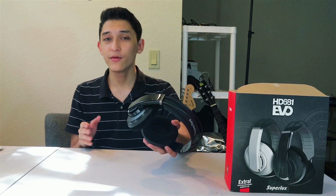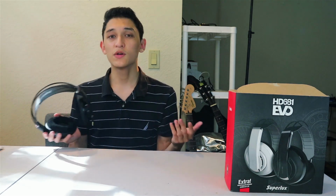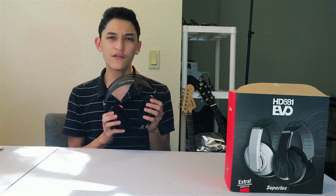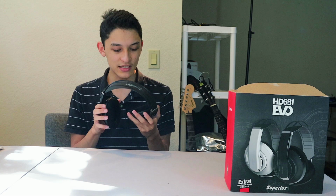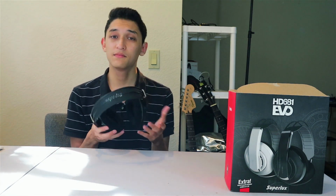Because they're so well extended, when I first put them on, I thought there was way more bass than there actually was, just because I wasn't used to the amount of bass that these give you. But that being said, even though this does give you a lot of good quality bass, it's not very punchy. The bass just doesn't really feel as though it has a proper impact, even though it does sound very